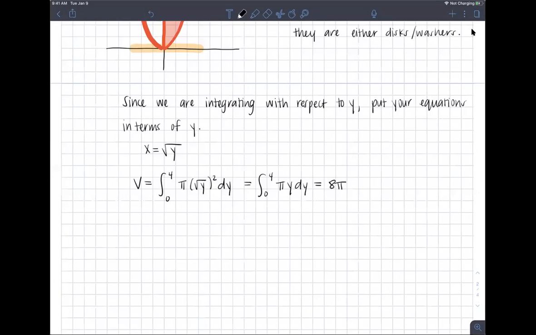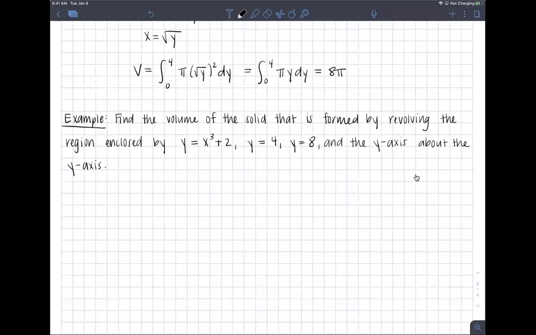So here, last one. It's pretty simple. Do you want to do one with respect to y or with respect to x? Should we do another y one? Yeah, so let me find an example real quick. Hang on. All right, so